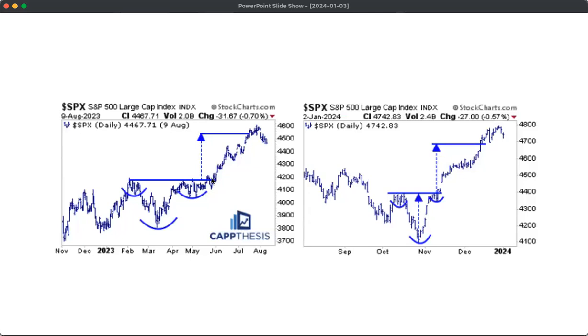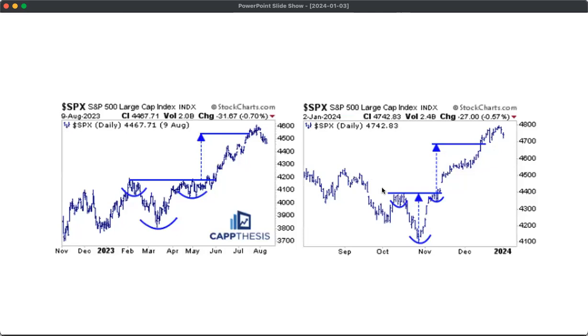And one of the biggest breakouts we saw back in the springtime was at the end of May, which got us to the breakout target here between 4,500 and 4,600 in mid-July. And one of the biggest breakouts from this current time was very similar, getting to the first breakout target right below 4,700 in the middle of December as well. And so, of course, right here, when that occurred, it was near the top, and the breakdown started soon thereafter. So, of course, we can make the case that that could happen again right now. Now, we'll get back to this at the end.